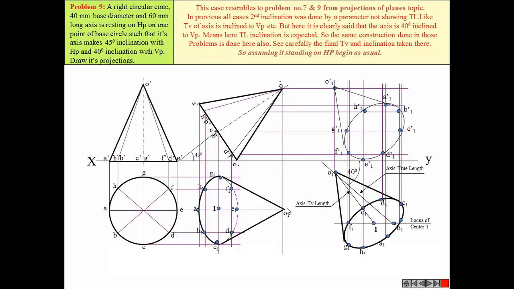Yes, sir. Not that, answer me. We saw in earlier cases that the top view inclination was directly given. Understand, the top view is making that angle directly. So we were regenerating a particular angle, but this time it is given that the actual true length is making some angle. That's why we have to perform this exercise.